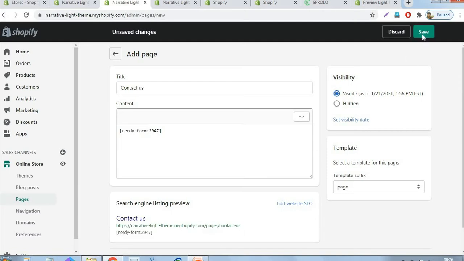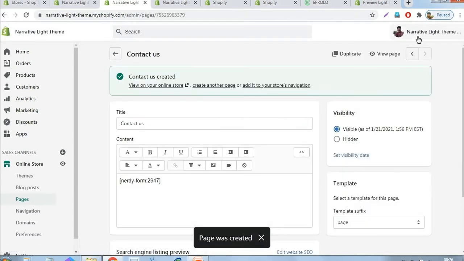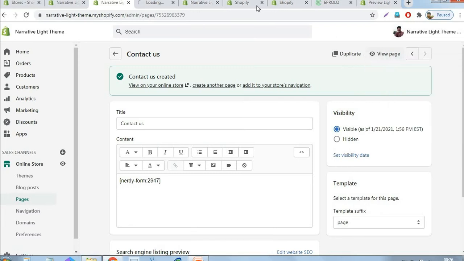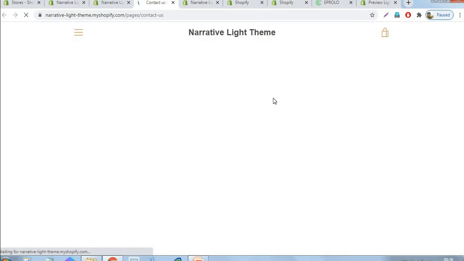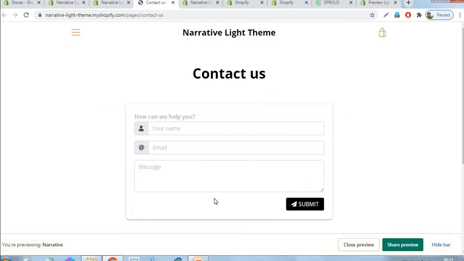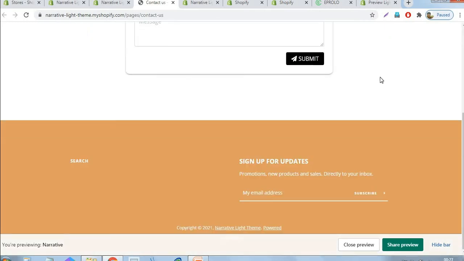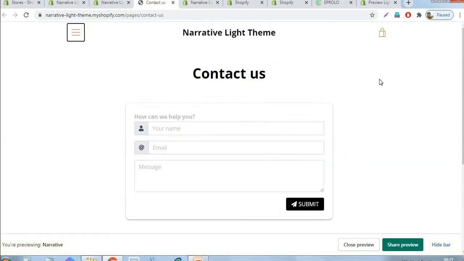Okay, save. That's all. Let me see the page in live mode. Okay, this is our contact page and some other pages are already created there. Once we integrate all those pages, we will check them in a second.